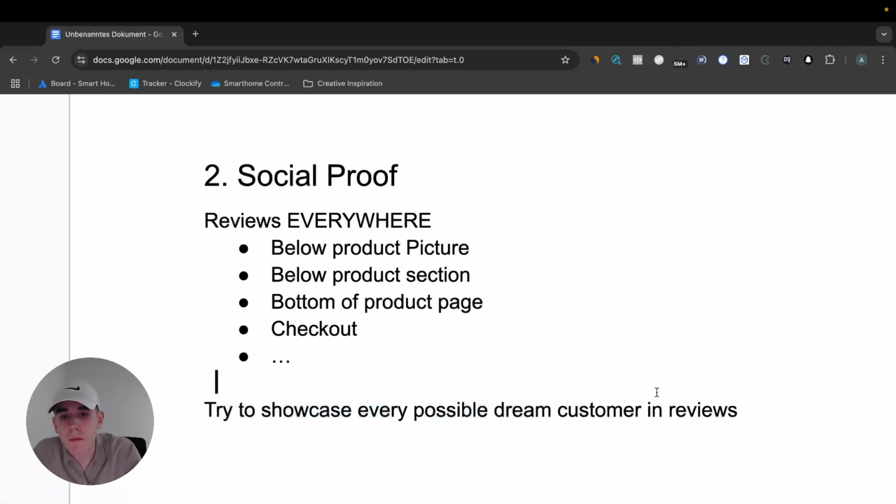What you have to keep in mind when it comes to reviews is that you have to showcase every possible dream customer in your reviews, every customer avatar that you've created. So let's say you're selling a product which is bought by both women and men, then I would definitely put enough reviews with pictures of women in my sections, but the same amount of pictures of men in them, right? So you always have to showcase every single